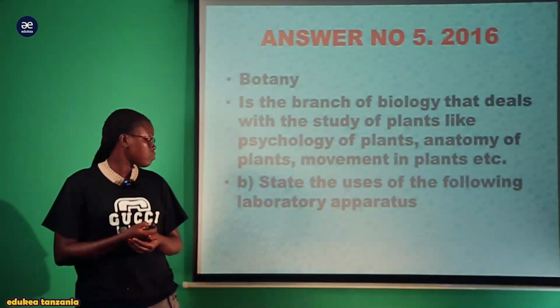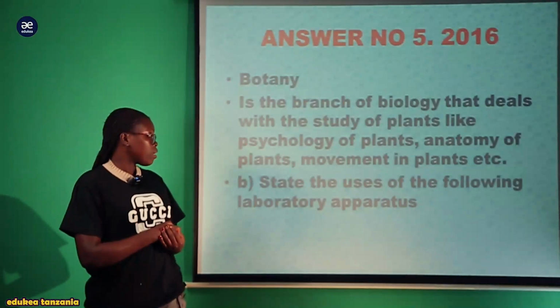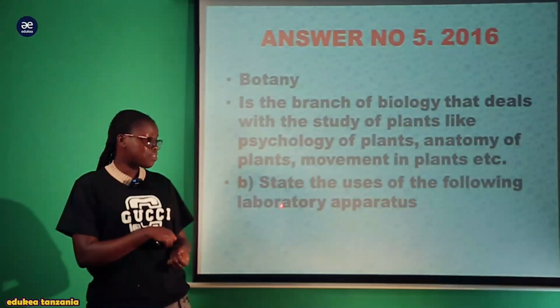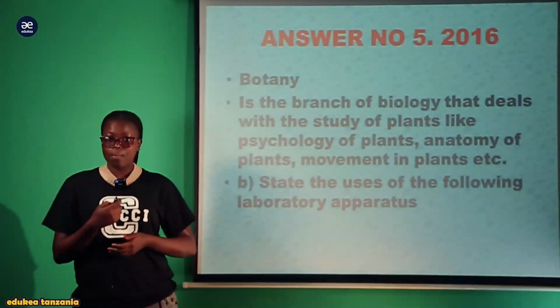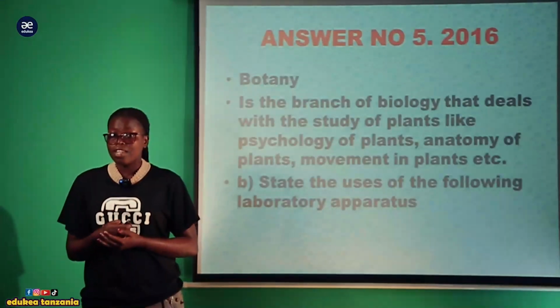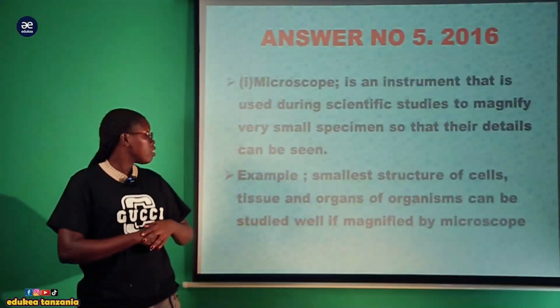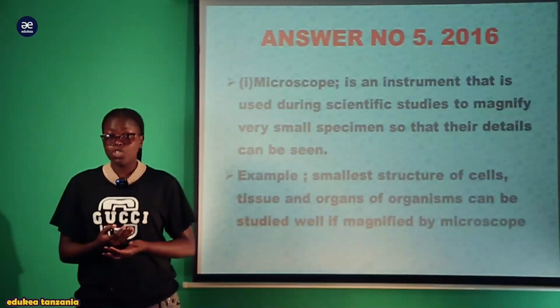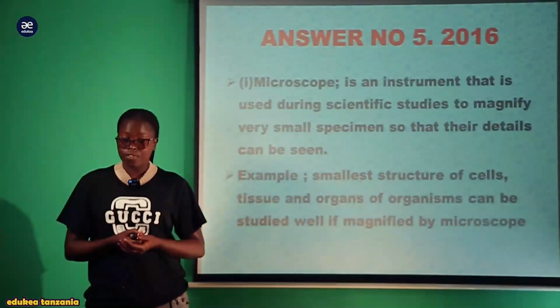The question Roman B needs you to state the uses of the following laboratory apparatus. So a list of laboratory apparatus has been given, and they need you to state their uses. The first one is the microscope. We know that in the biological laboratory we perform a variety of